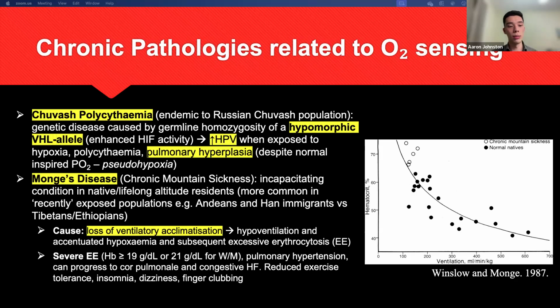Monge's disease, or chronic mountain sickness, again, is affecting high altitude residents, particularly those that have moved up more recently, at least recently in evolutionary terms. For example, Andeans or the Han immigrants in the Himalayas, compared to populations that have lived there for much longer, for example, Tibetans or Ethiopians. These patients have loss of the ventilatory acclimatization. So compared to people without disease, they're hypoventilating. They have also excessive erythrocytosis, and hemoglobin levels can really be quite high, which can lead to right-sided heart failure